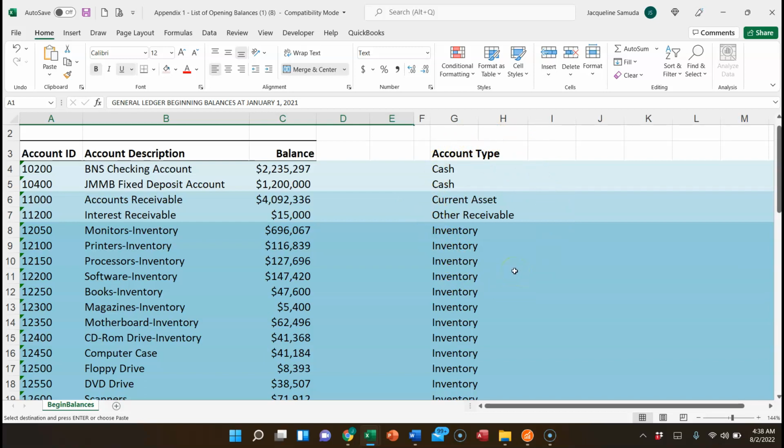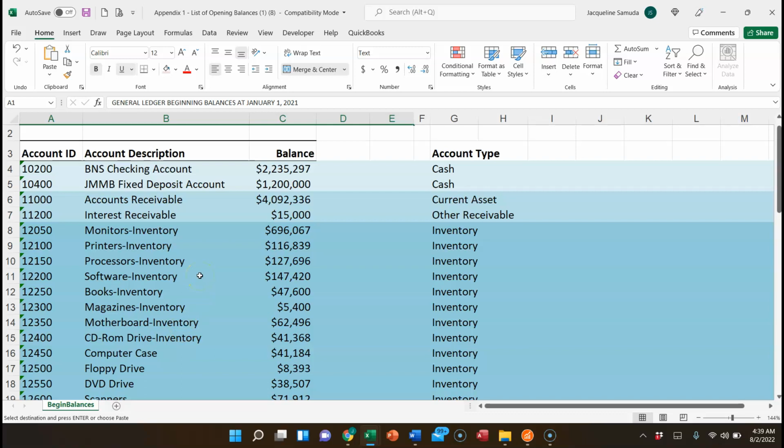Because I said to you that once you add new accounts, what is going to happen is that the system assumes it to be cash. If you recall, when I was adding the interest receivable, I had to change the account type to ensure that the information was correctly captured. But note also that I did nothing to this $15,000. And so,